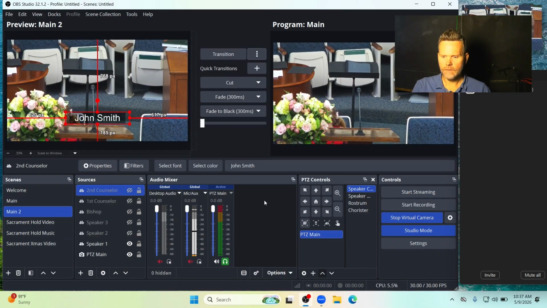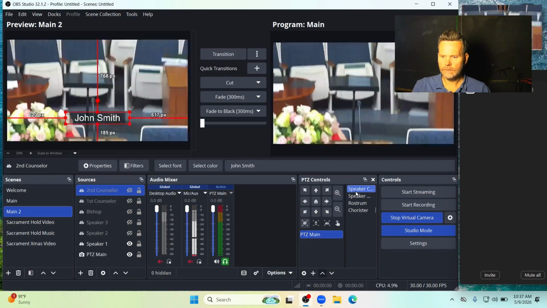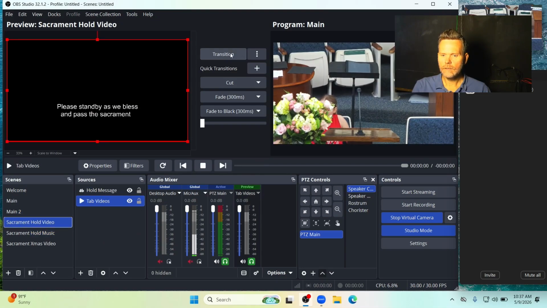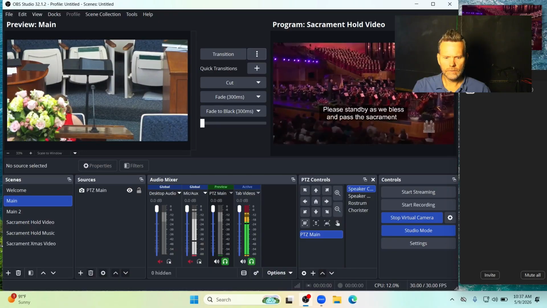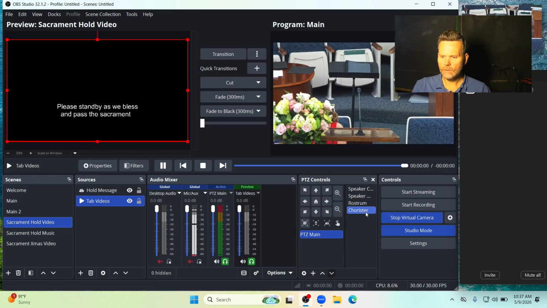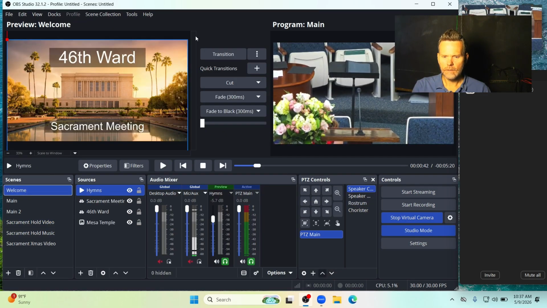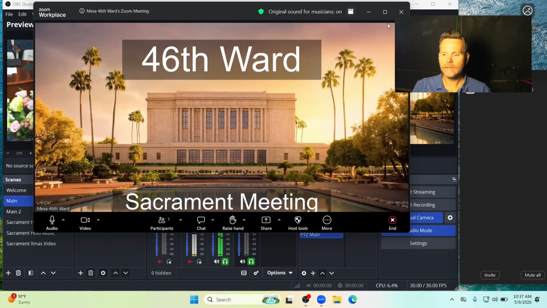Sacrament, oh yeah, then let's say I'll jump to the chorister, back to the speaker. Now it's time for the sacrament ordinance. I can see what it looks like here. Back to the meeting. Meeting's over, chorister, closing prayer, end of the meeting. Done. That is a speed run, getting everything ready in just a few minutes to make the world's best broadcast